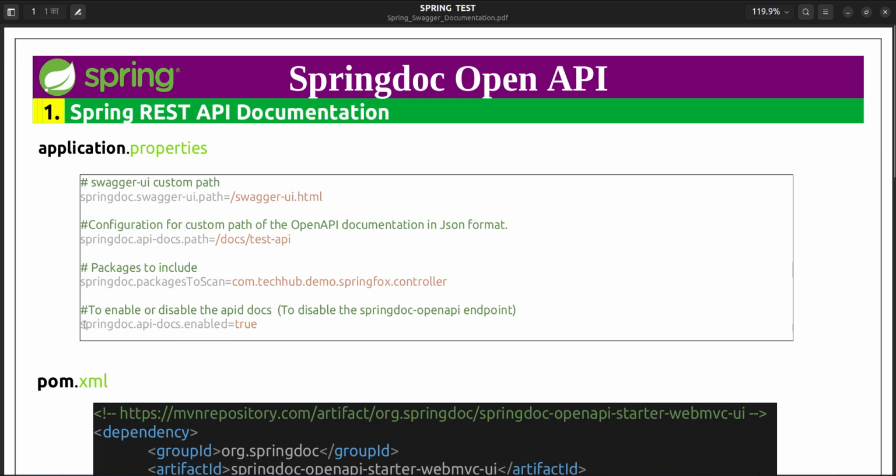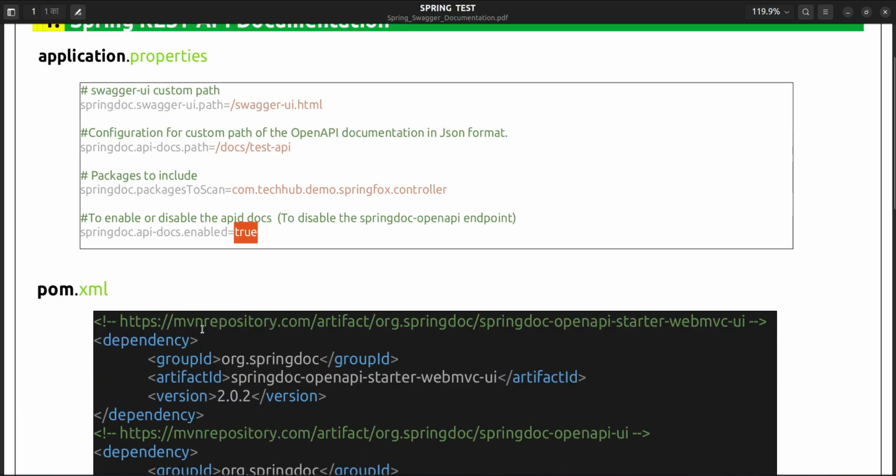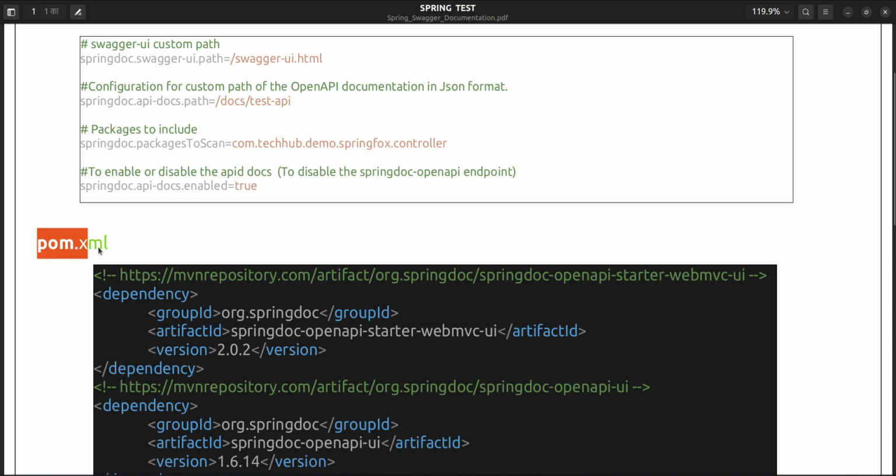And this one is to enable or disable the API documentation. Whether the documentation has to be enabled, mark it as true. Whether the documentation has to be disabled, then just make this false. That's it, your documentation will be disabled. Okay. And inside pom.xml you need to include